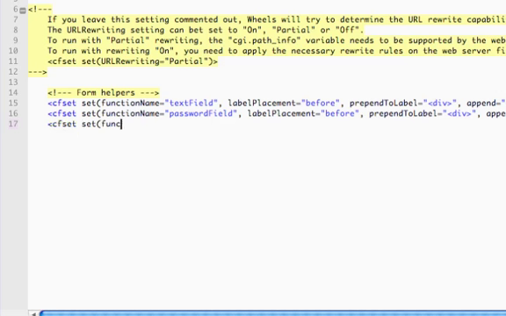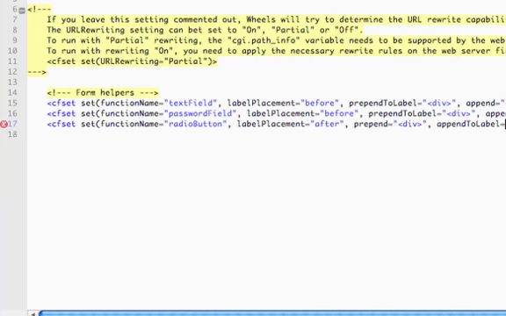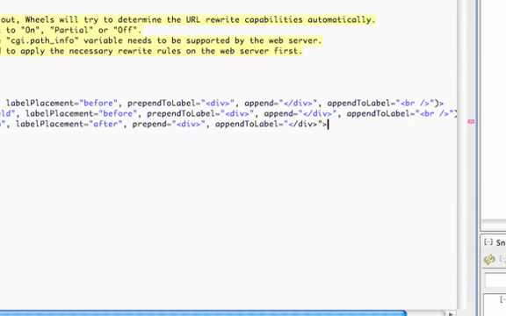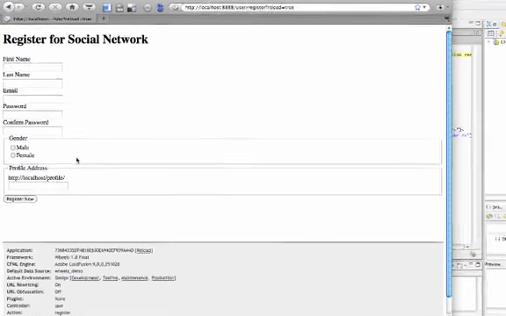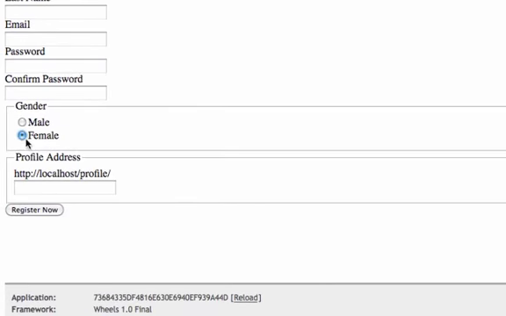So if you remember, the helper for that is called radio button. And this time I want the label to appear after, so I'll pass it a value of after. And since the form field is now first, I'll pass it prepend instead of prepend to label. And then I'll append to label my closing div. And if I reload, look at that, now the form field is actually before the label, which is exactly what